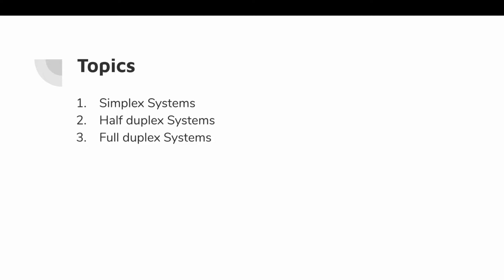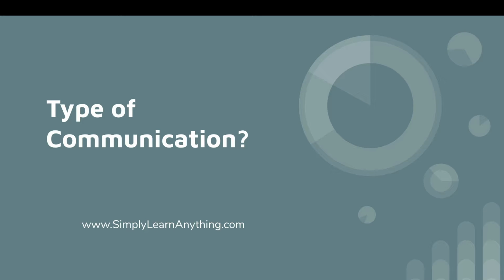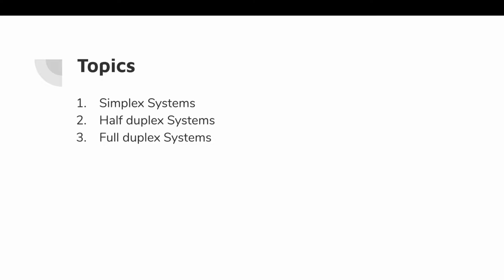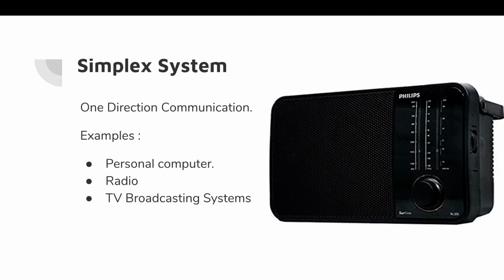You can see that communication requires some kind of rules to be followed to get connected with each other. These are the very basic requirements which make devices connected to each other, and establish a connection for sharing data and information. Now you will also understand the evolution of computer networks as we go through these topics. So let's start with the first topic, that is the simplex system.